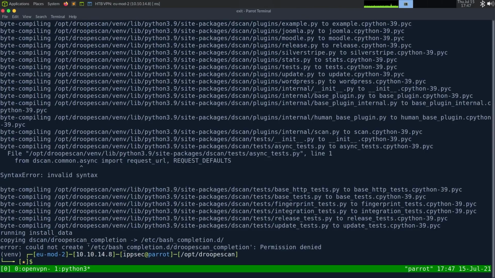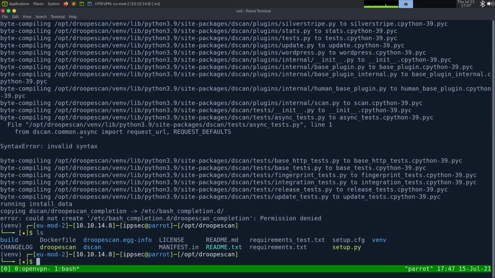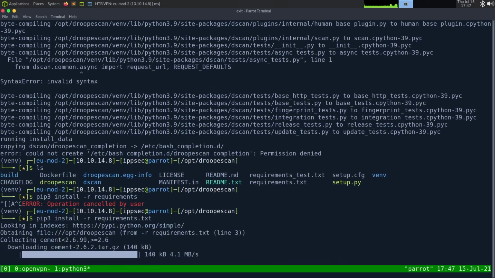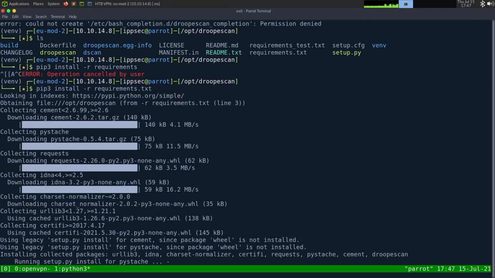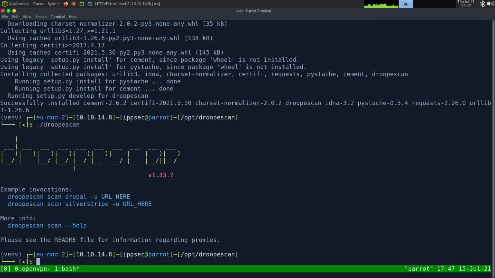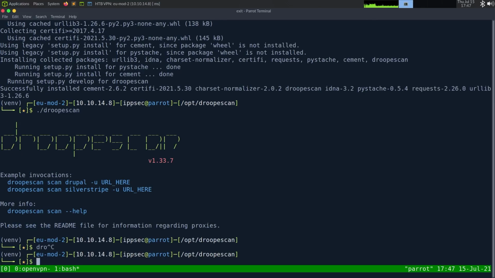Let's see. That did not work. Is there a requirements.txt? There is. Let's do pip3 install -r requirements.txt, and we'll install this. And nine times out of ten, once you install requirements.txt, the application will work. So there we go. We have DroopeScan, and we just do droopescan